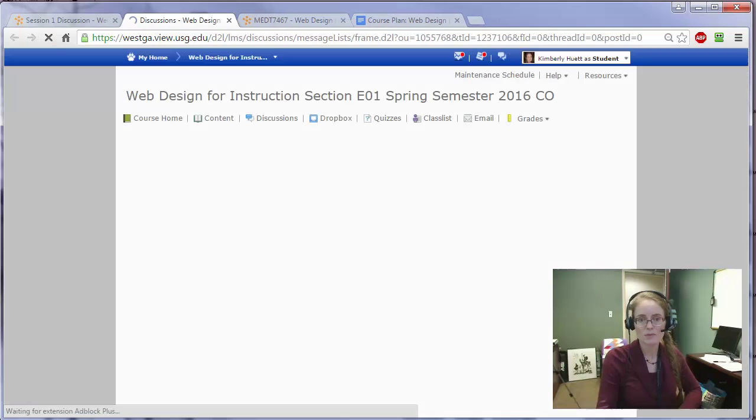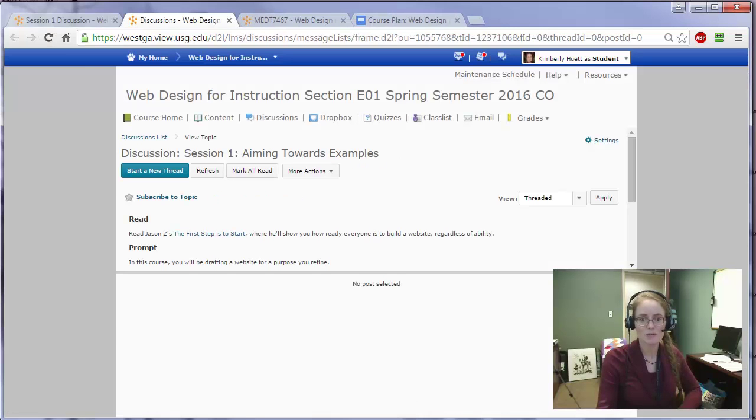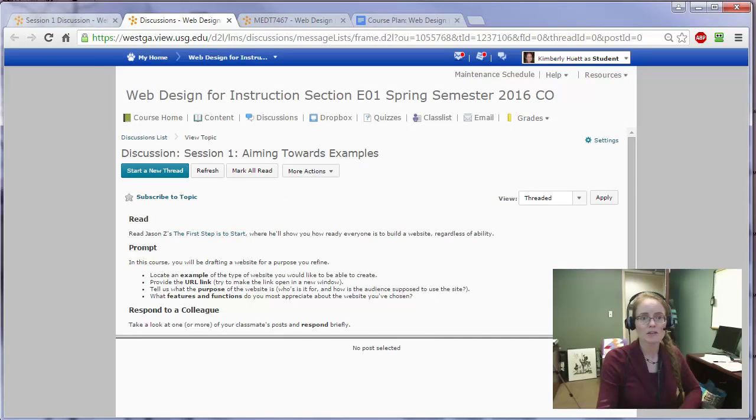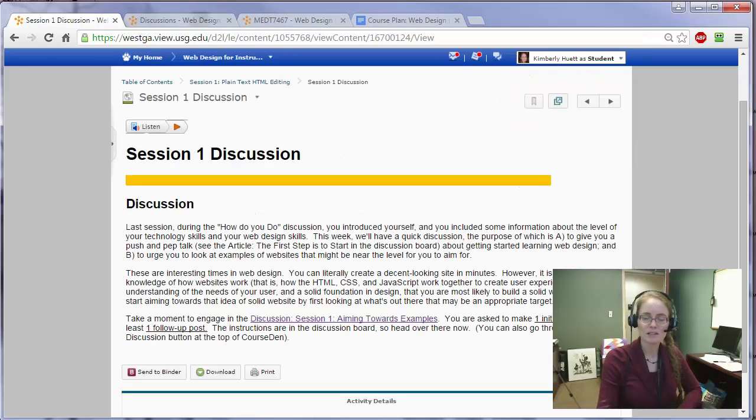You can go in there and see what the prompt is asking. Basically, I want you to locate an example of a website, kind of like the one maybe you'd like to make for this class. So I want to see if you can find one that's similar to what you want to do, both in terms of maybe skill level, like, yeah, I could achieve that, and it would still give me appropriate challenge, and potentially content wise, the types of functions that this website serves, like maybe it's